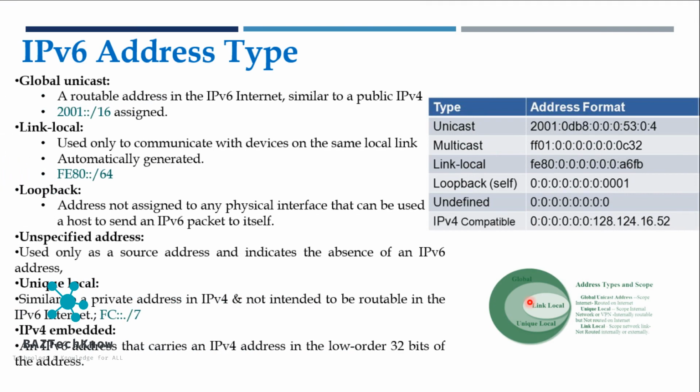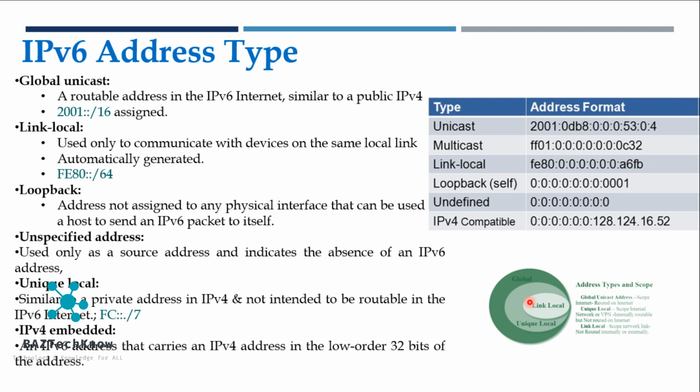Let's start with that slide. The global unicast, I have already told you, is like the public IP of IPv4, but for IPv6. Normally it starts with 2001. If you open your browser and check IPv6, you can find this is the address which is assigned by IANA, or your APNIC if you are in Asia Pacific, or if it is in the US, it's ARIN. So there are some authorities which are responsible for managing IP pools for every ISP. Okay, then